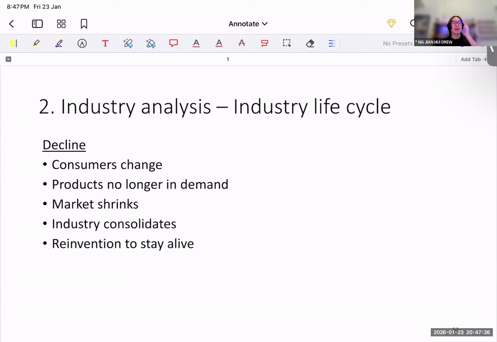We see that they are trying to pivot as well to things like investment and real estate, with, I would say, debatable success. I'm not sure whether they're successful. But yeah, they have to basically reinvent themselves to stay alive, right? There is a need to change what they have always been doing for the last 10, 20, 30 years.